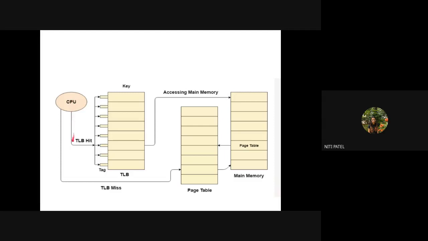So what will the CPU do? It will go into this TLB and search for P1. So it has found P1. Where is P1? At 0000. So it will directly go to 0000 and access P1. Therefore, it is called a TLB hit. Now suppose it was searching for P1 and P1 was not found here. So what does that mean? That means it is a TLB fault or a TLB miss. Therefore, it will go into the page table. It will calculate the frame number, it will calculate the offset, and then it will go inside the main memory. Understood?